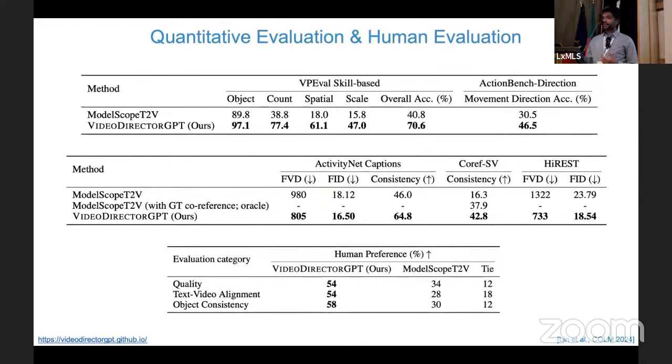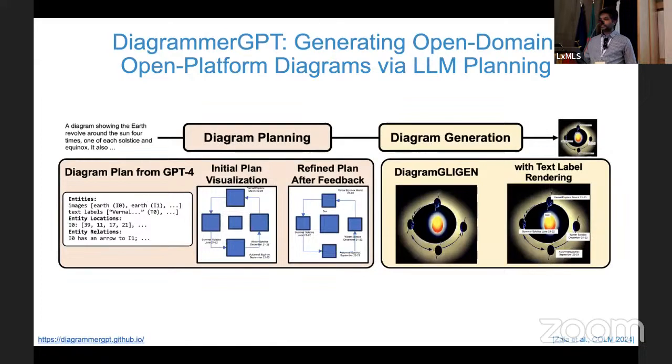So this is just the first half of the paper. Most of our time, actually half of our time or more, we spent on different kinds of metrics. This whole area did not have any metrics 9 months ago. So we came up with a lot of different benchmarks, prompt sets, as well as metrics for basic things like counting skills, spatial skills, skills in videos. Even basic things like the direction of the action or movement were not being measured, or there was no benchmark for it. So we have a new benchmark called ActionBench Direction. We also have things like FVD, FID, but also new metrics about consistency, and a setup for human evaluation. So if you're interested in this area, I would encourage you to talk to us, and feel free to play with these datasets and metrics.